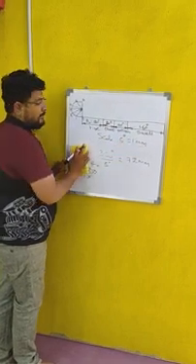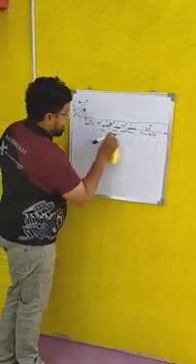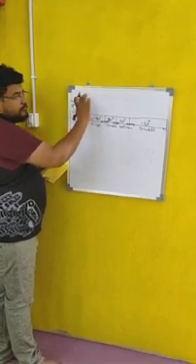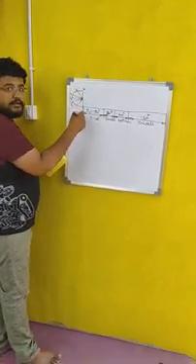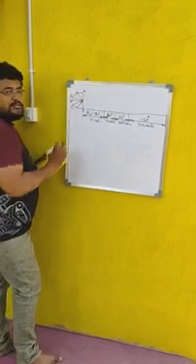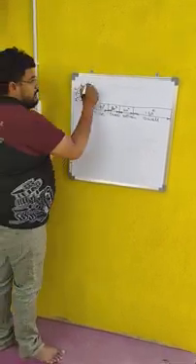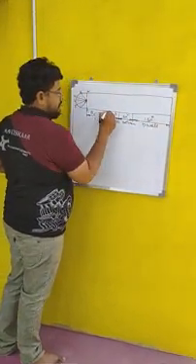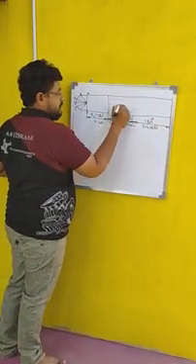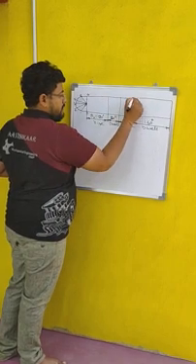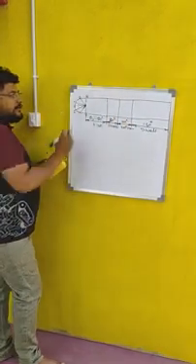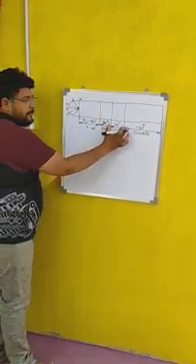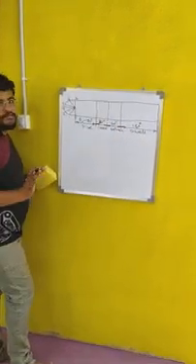I have drawn this diagram considering the scale 5 degrees equals 1 mm, and this should be equal to the length of the stroke. That means with half of the stroke you have to draw the semicircle, and it is to be divided into some equal number of parts, and just project all these points. Here the semicircle is divided into how many equal parts? 6 equal parts. Therefore this rise period and return period is also to be divided into 6 equal parts.